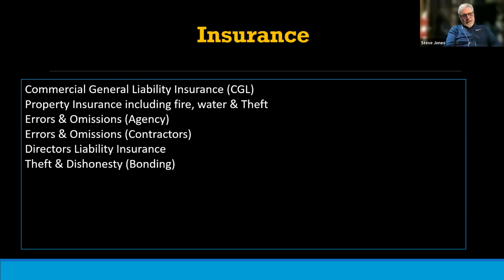Theft and dishonesty insurance is different from commercial general liability insurance. We're almost there, guys. Commercial general liability insurance has got theft in it, or property theft. Somebody breaks in and steals your stuff. There's a different kind of theft where your employees steal from your customers. This is a third party. It's not insuring you for having stuff stolen from you, where the person had a manifest intent to cause harm to you.